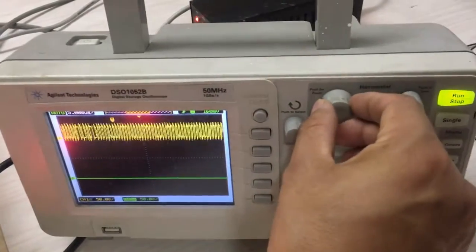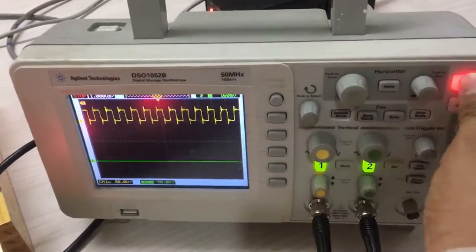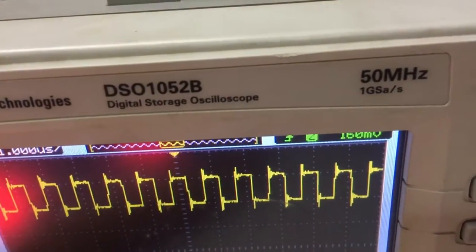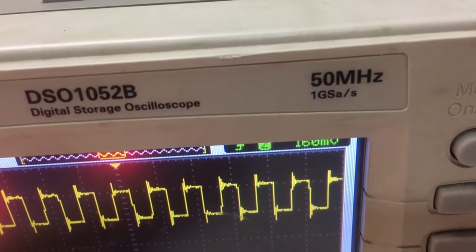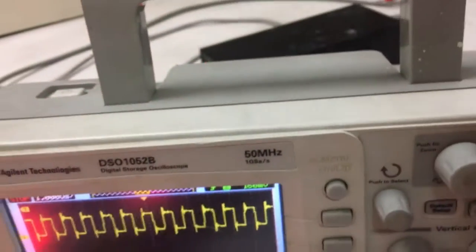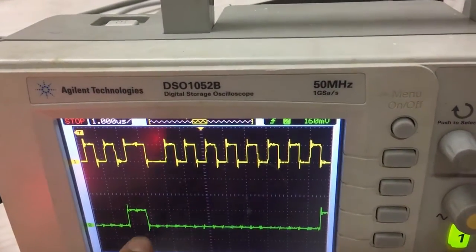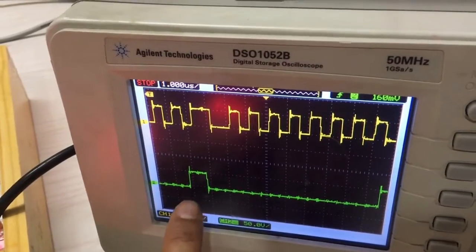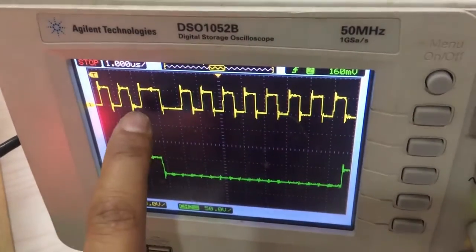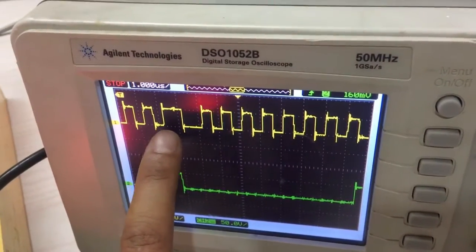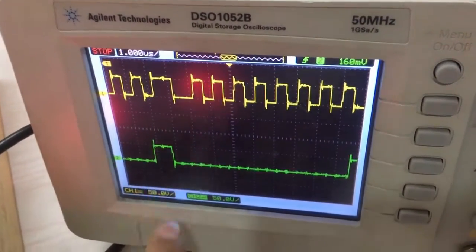So this is my Manchester coded data. So if I want to show it on both the channels, one is TDM. This is my TDM output in green, and above it you can see this is my Manchester coding data.